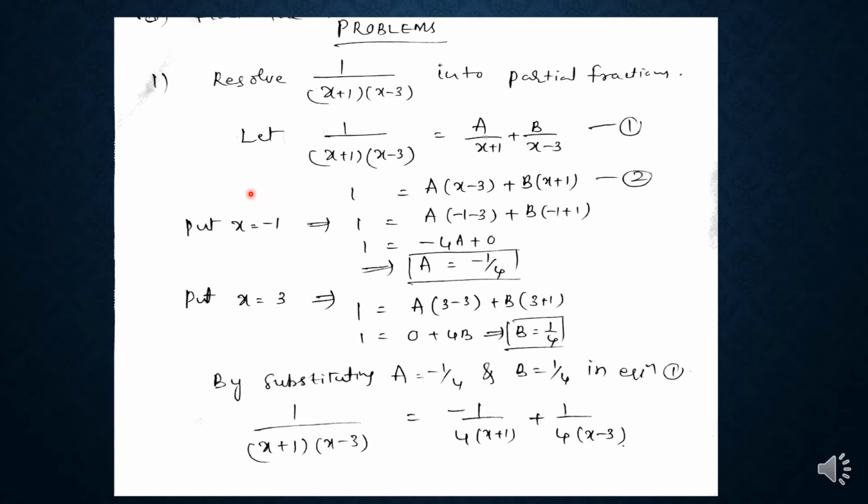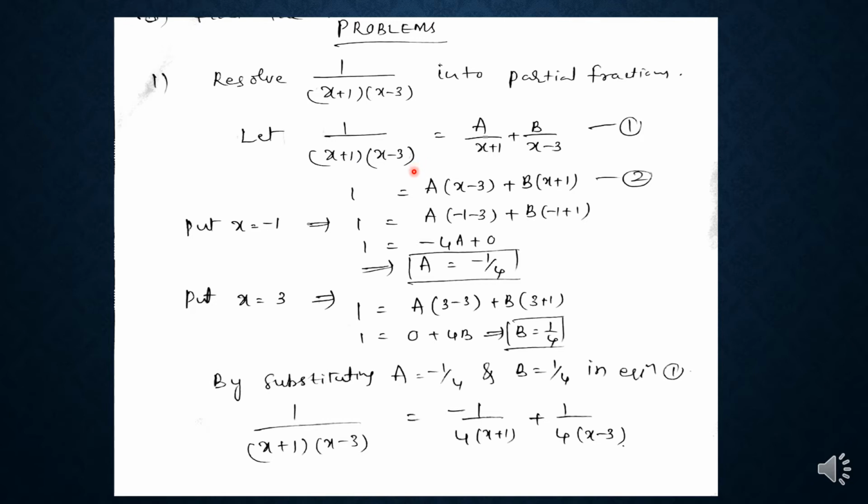For that, at first we should take the given fraction and check whether it is a proper fraction or an improper fraction. If it is an improper fraction, divide the numerator by the denominator until we get a proper fraction. And if it is a proper fraction, then take the proper fraction and check the denominator. If it is possible to factorize the expression, factorize it, then check whether it is a linear factor or quadratic factor, what are the factors present in the denominator.